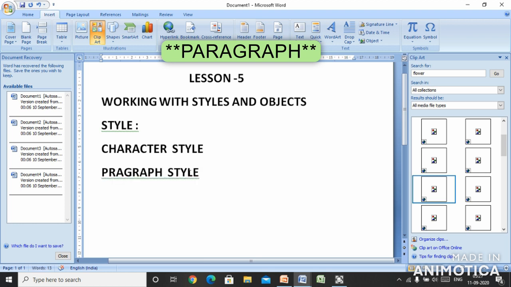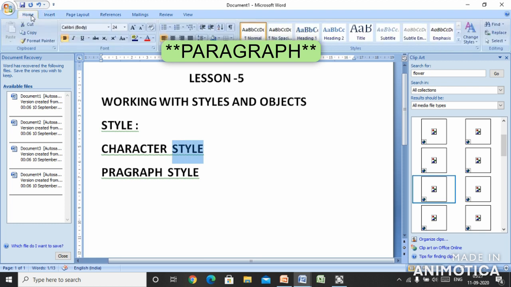So what is character style? Character style is used to make changes in one particular word. Suppose I'm selecting this text and let me make the changes into it. See here, the changes will be made into one particular word, that is known as character style.